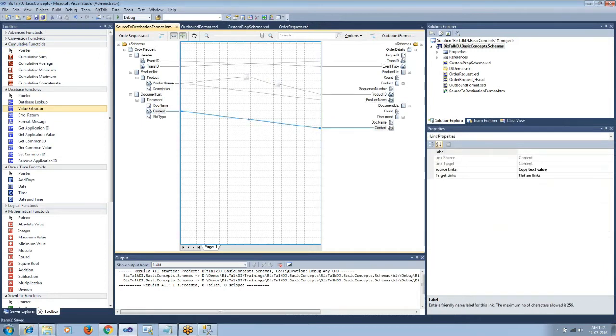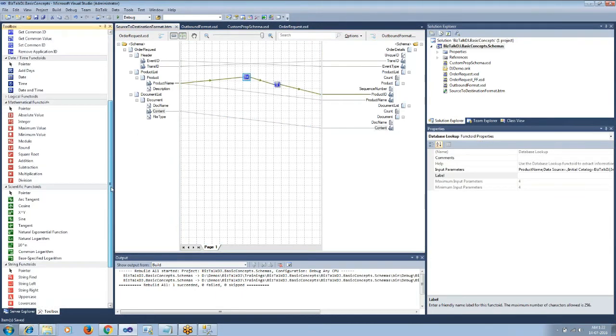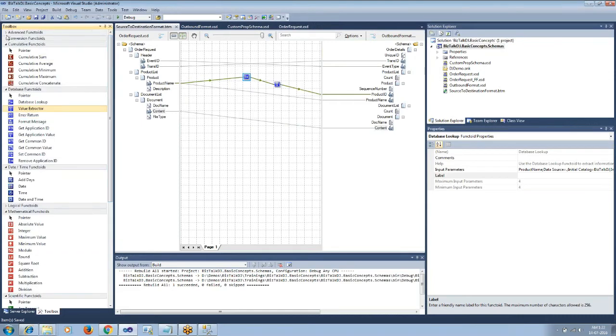I will do a one-to-one mapping for content, and let us use a scripting functoid where we will concatenate document name and file type.